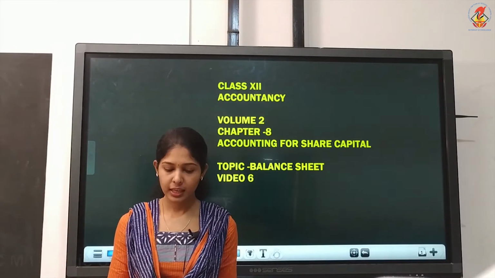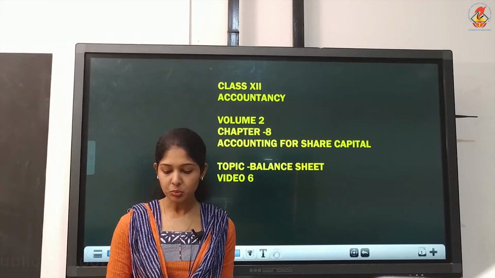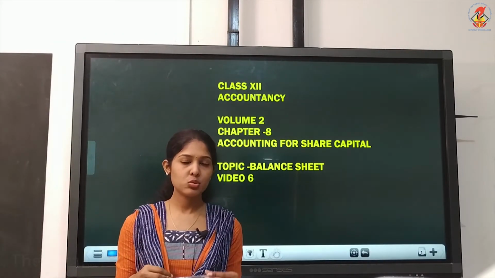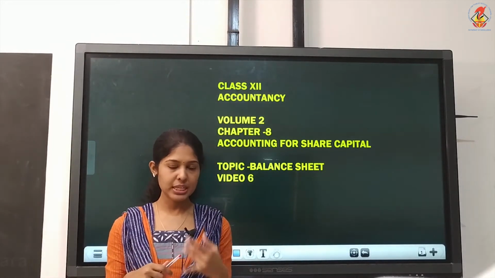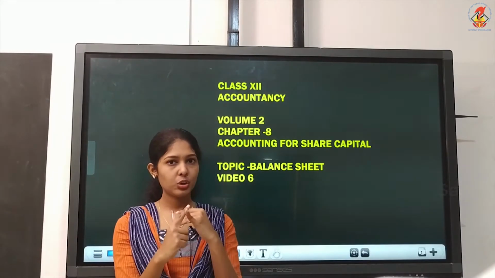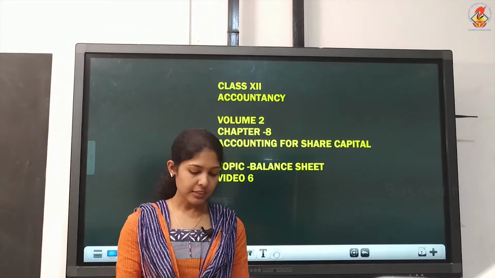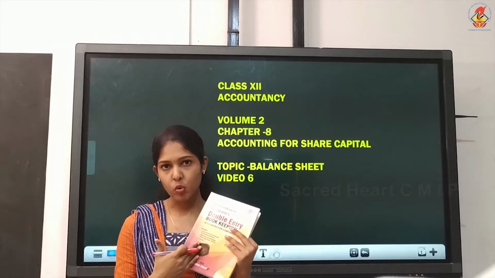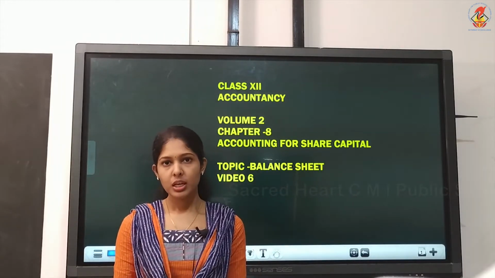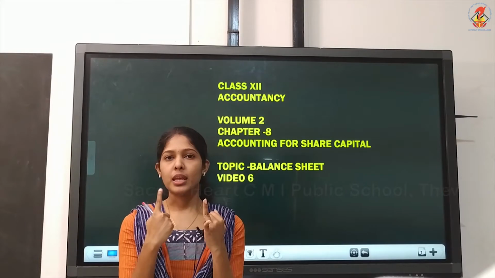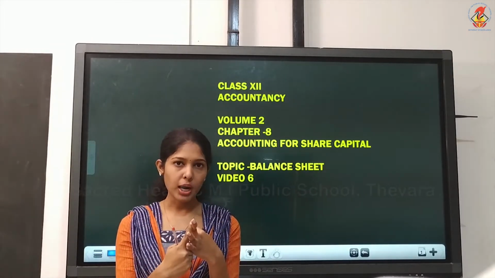We discussed that. Then for accounting ratios also, you learned the new format of the balance sheet. So again, you just go through the balance sheet. I'm not drawing the format again, it's there in your notebook. In this textbook also, in volume 2 also, they have given the same format. So just go through that. The format you have to draw is particulars, then note number and the amount column.